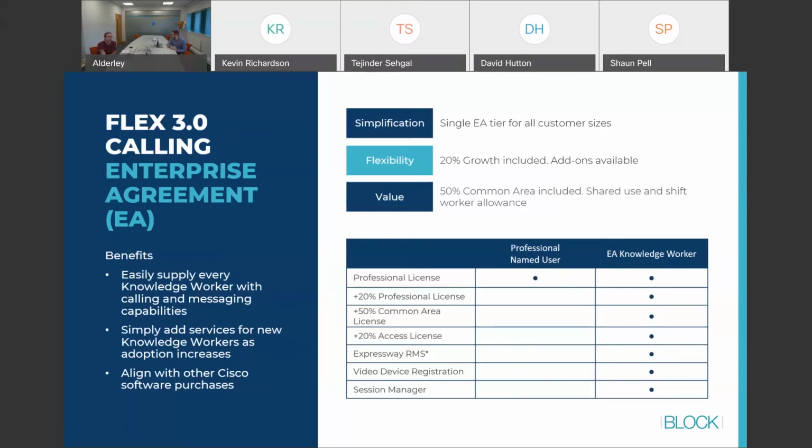So how many common area phones you need, how many additional you potentially need to buy, or if you're completely covered by that enterprise agreement. At this stage, I think Dave covered it earlier on. If you are thinking we want to move to an enterprise agreement, engage with us. We can help you through that process.